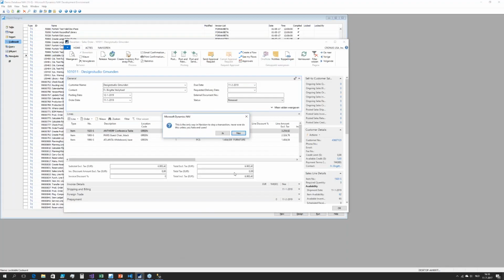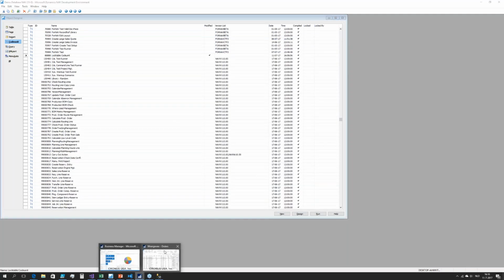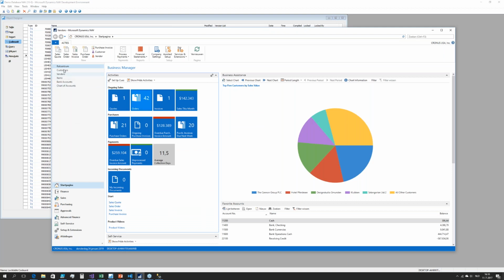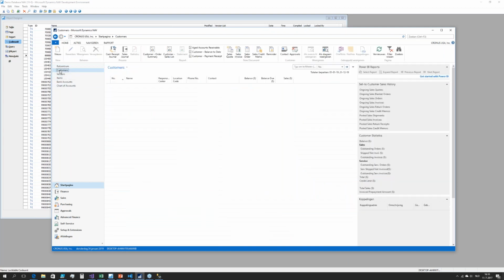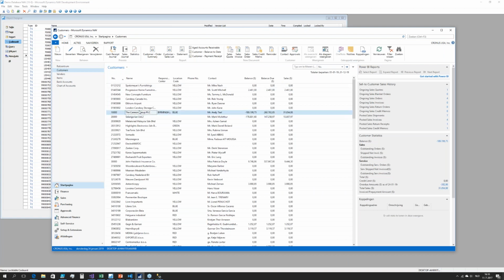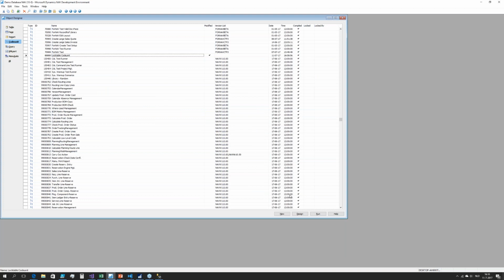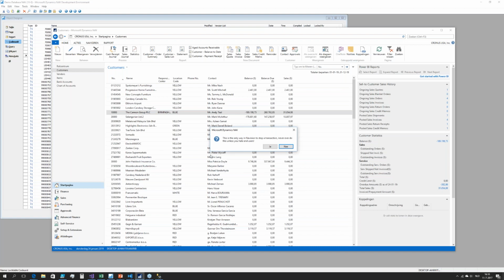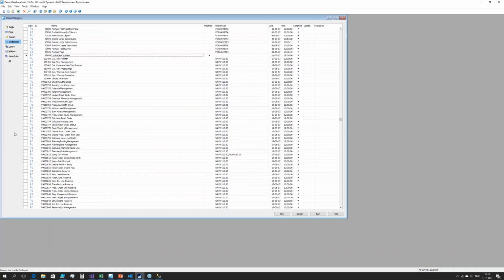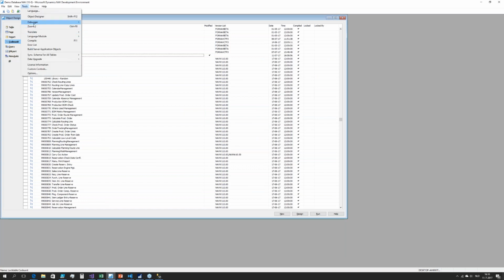Let's make a quick change to the codeunit. Let's X out of this one. Let's actually open the customer list. Now you can actually see we have customer 10000 and customer number 20000. What happens now if I run the codeunit? If I run the codeunit, this guy is actually executing. How do I figure out what I'm locking? This is the million-dollar question, and with the introduction of NAV 2017, we have this nice new window